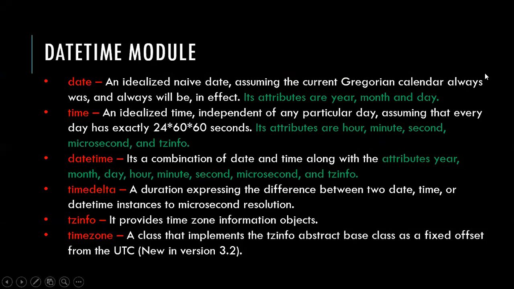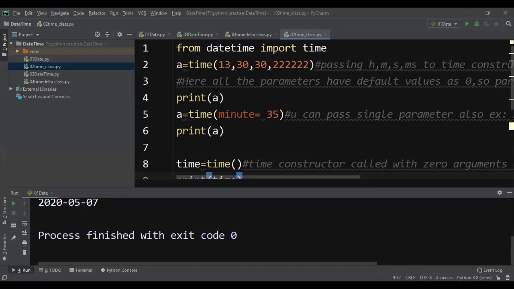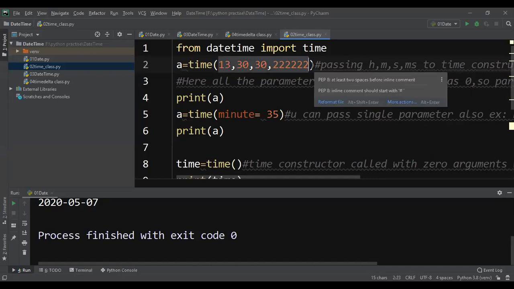Now let us go back to our program here. I'm giving the 13th hour, the 30th minute, the 30th second, and 222222 as the microsecond.